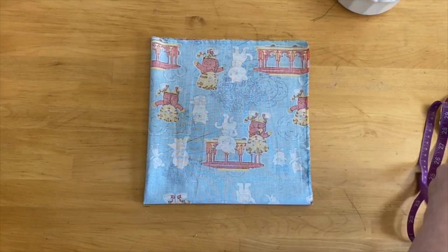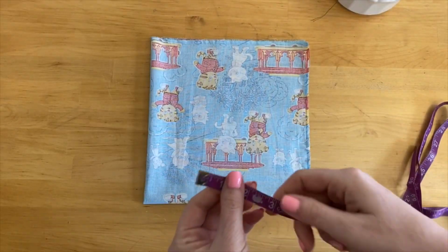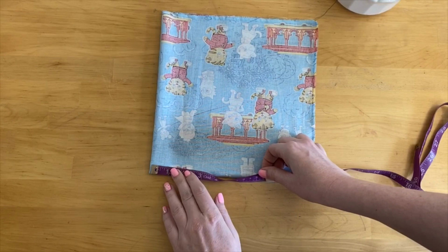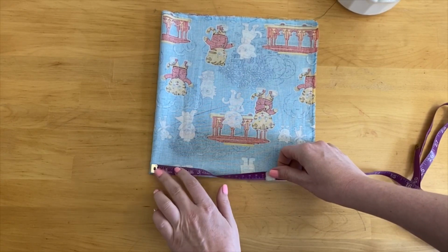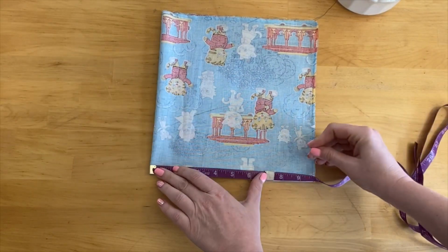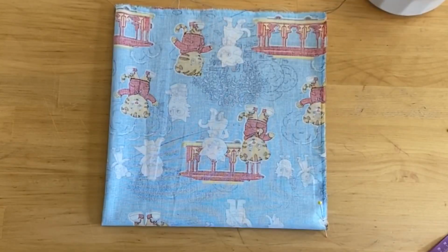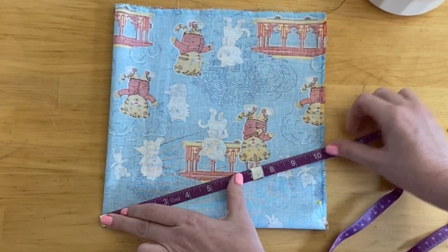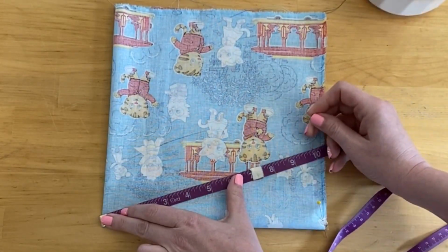I'm taking my measuring tape and I'm going to hold the very end in that bottom left-hand corner. It should never move from that bottom left-hand corner. You're going to measure outward 9.5 inches and you're going to mark it with a pin. You're going to keep marking 9.5 inches, still holding the end of the tape at the bottom left corner, but